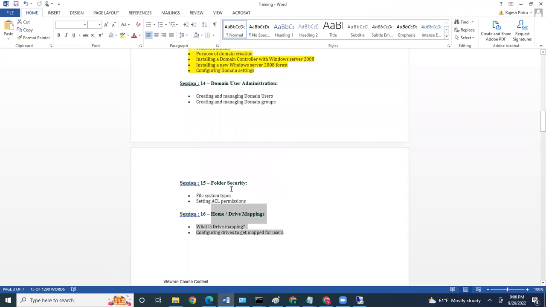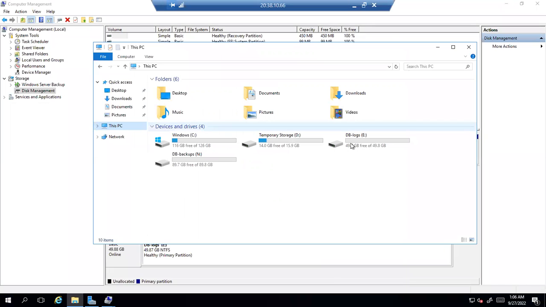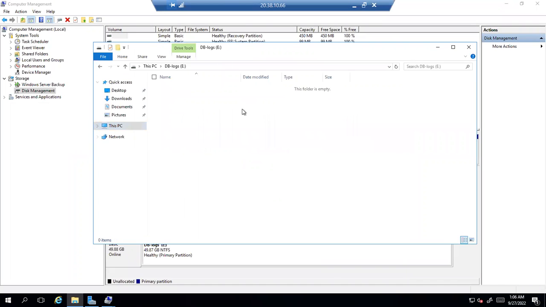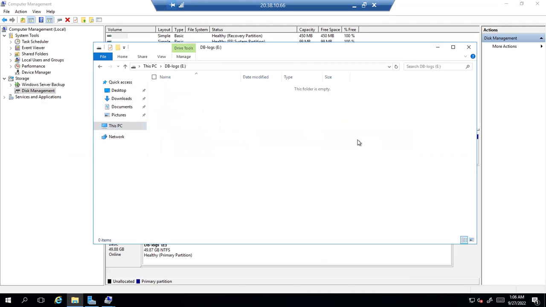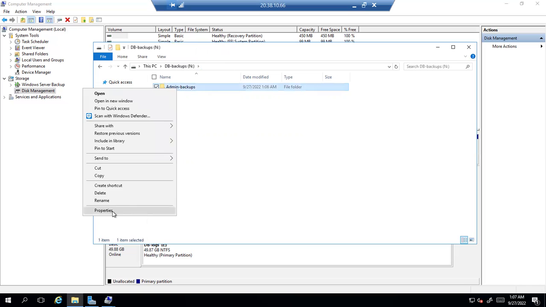Configuring drives, folder security. I think folder security we talked about. For example, you have database backups and you have some backups created, or maybe you create a folder, say admin backups, and you store all the files inside these admin backups. Maybe some of them you want to control so nobody else can see it, only the database admins can see them. So in that case, you go to the properties,